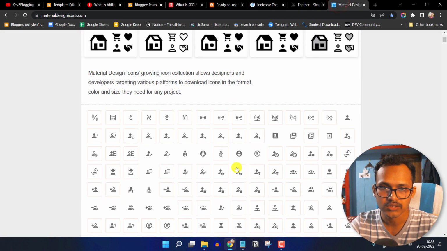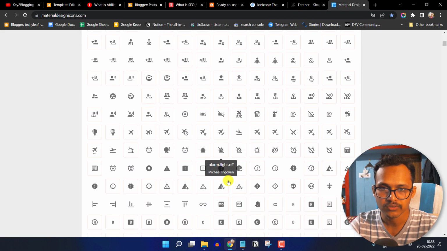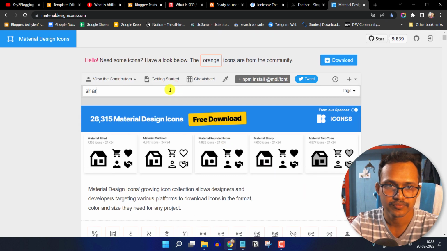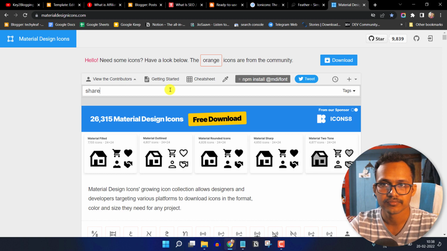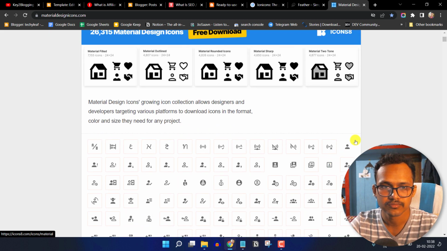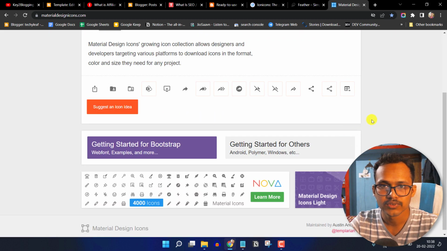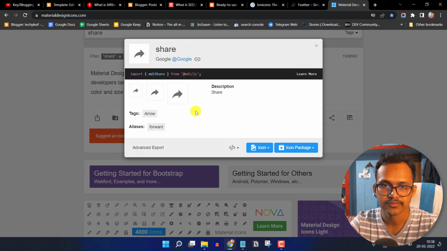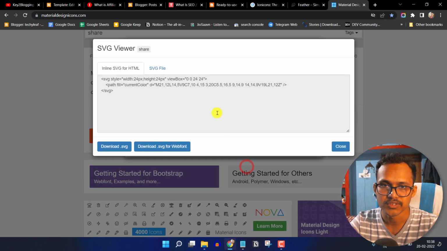Let me search for another code. Let's search for share. Let me copy this icon. For this I will click on it, and then click on this code and view SVG.